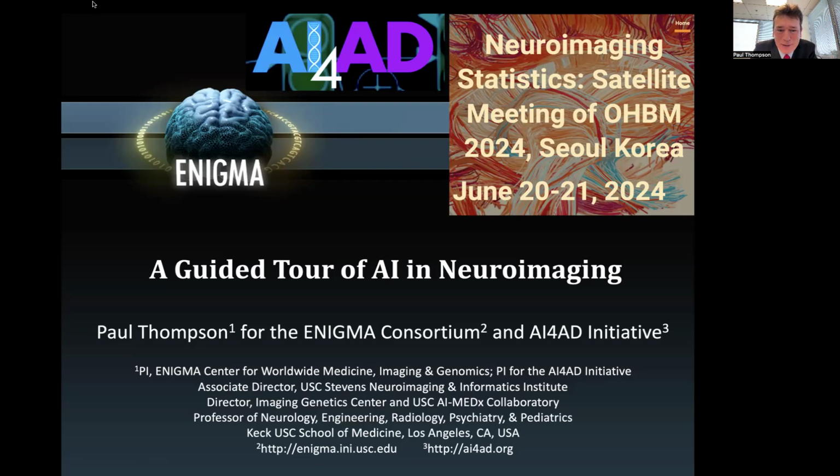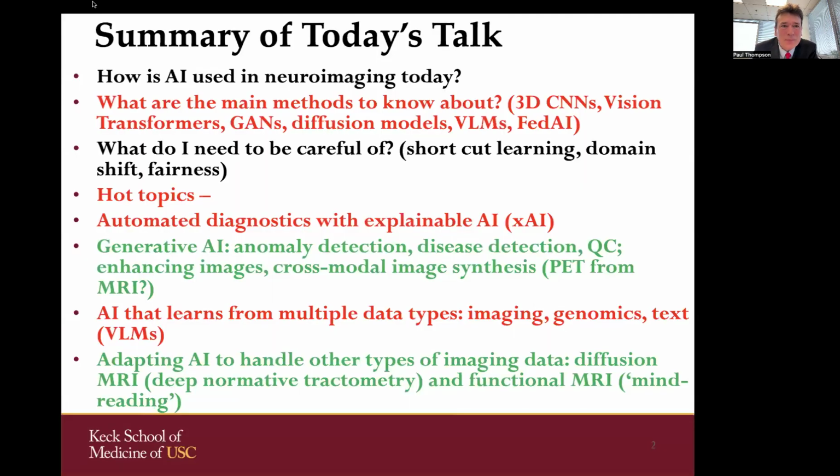AI means artificial intelligence. And for the next hour, I'm going to give you a little bit of an overview of all the major artificial intelligence methods that are being applied today in neuroimaging. And this talk is for people that are new to this and also for mathematicians and computer scientists who are expert in these methods. So a summary of today's talk is to go over how AI is used in neuroimaging